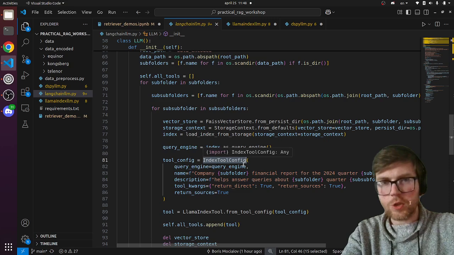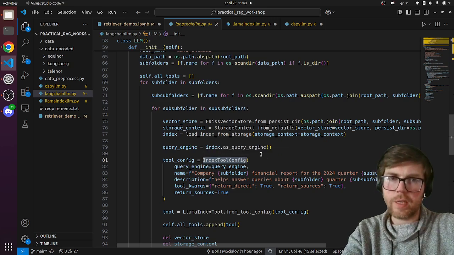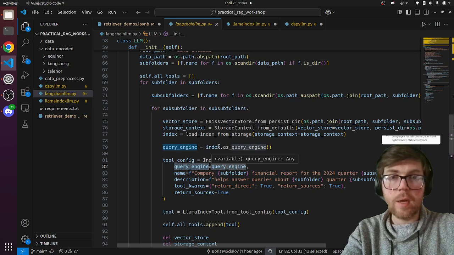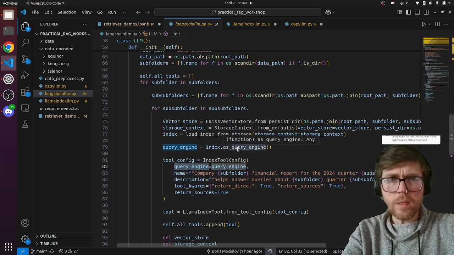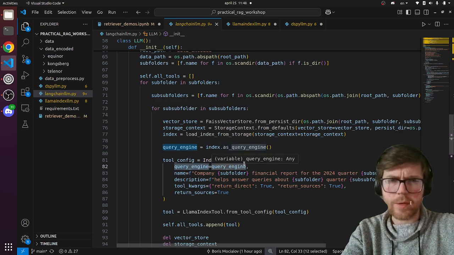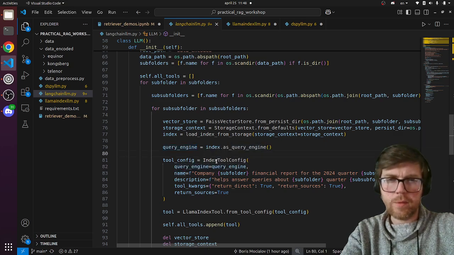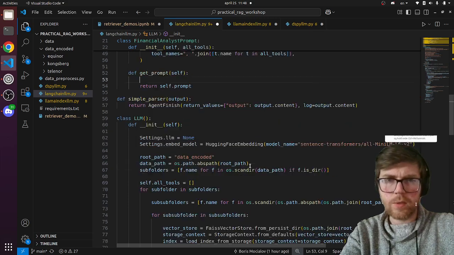But basically, the index tool config is a query engine. You can see that it requires a query engine as a parameter, where we provide our vector store query engine as an argument. And then we provide additional information. I believe there are two ways you can do index tool config. It's either the query engine, like this, or you,